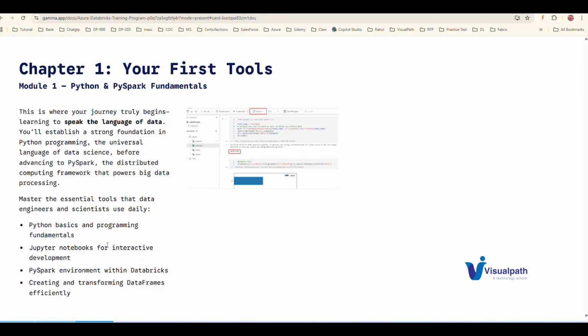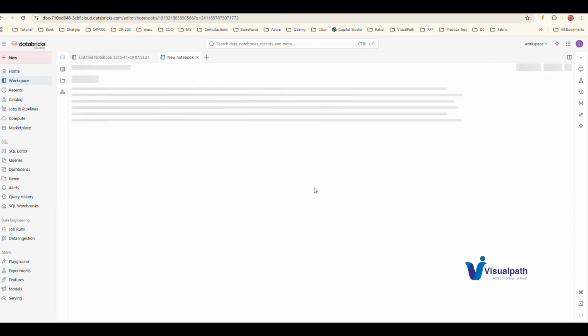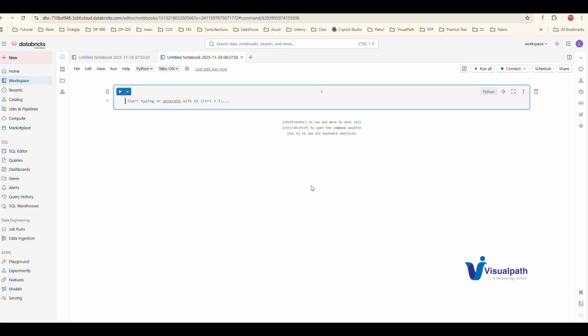Our class will be such that we go through one particular concept and then do hands-on with it. I am just introducing the workspace which is used for Databricks. Here I am putting a simple notebook. A notebook is an area where we can write code. You can see we have a lot of options available in Databricks. We can write code in Python, SQL, Scala or R.